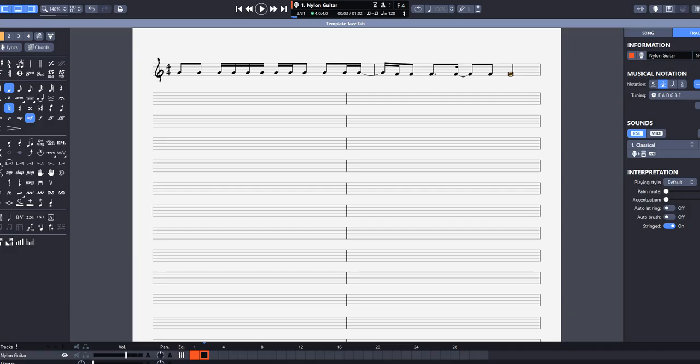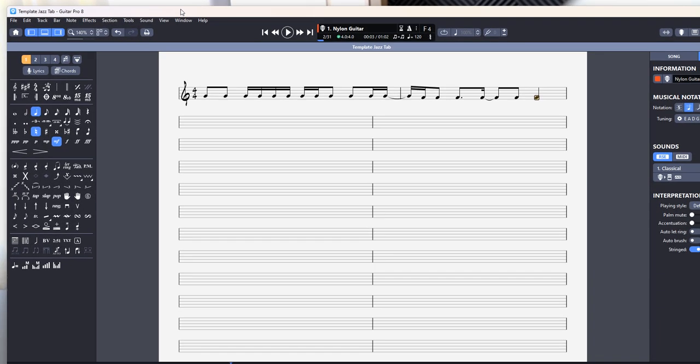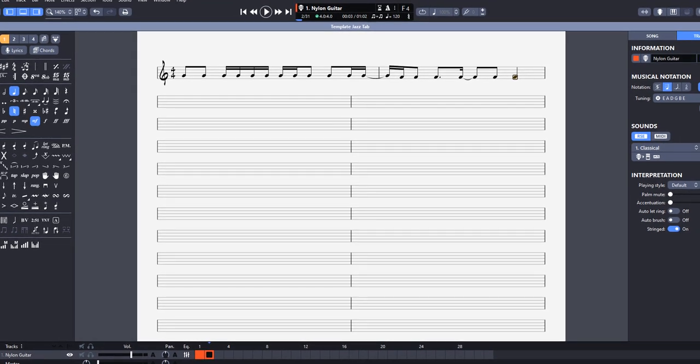There's lots of programs out there for writing tabs and music digitally. The one I use is Guitar Pro. That's this program right here. See, Guitar Pro. This is a relatively inexpensive program. They have programs like Finale and Sibelius, and